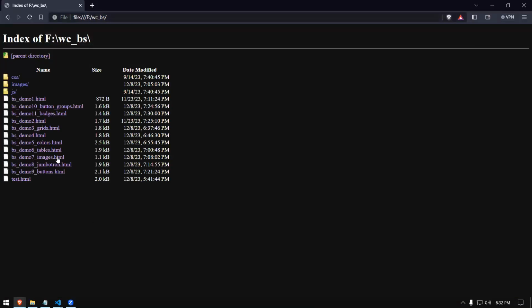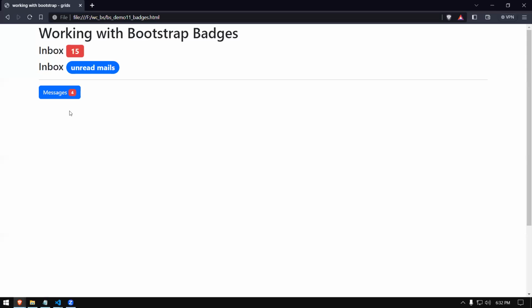The last one we did was badges. So you can remember that we created something like this, notification type of things. These are not a very big deal, right? But it can create some effects when you actually want to have something meaningful. Okay, right now, the next thing I'm going to teach you today is about